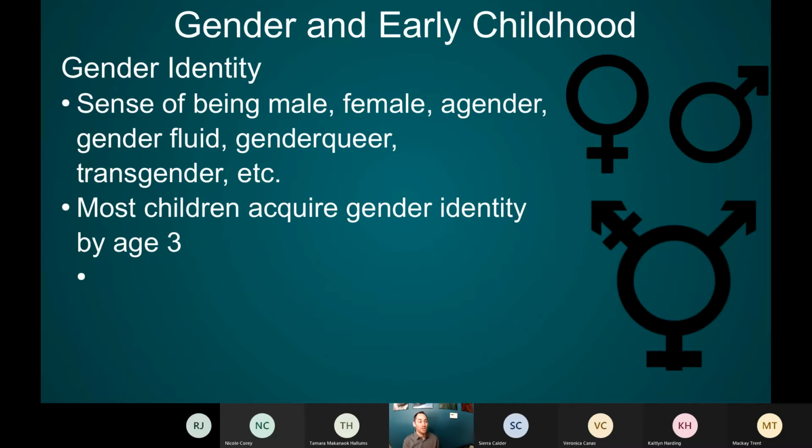So in early childhood, this should be maybe clear to them isn't the right word, because at age 3, they might not have the words to describe their gender identity, which can be a really big challenge for them and for people around them. Even though they have that gender identity, it is who they are, it is inside them, but they might not be able to express or explain what their gender identity is if they're something other than the boy-girl